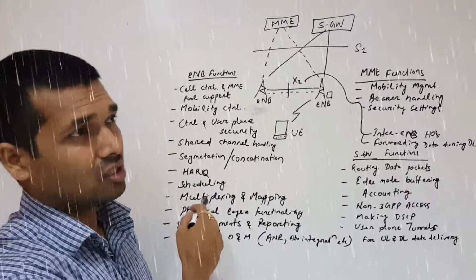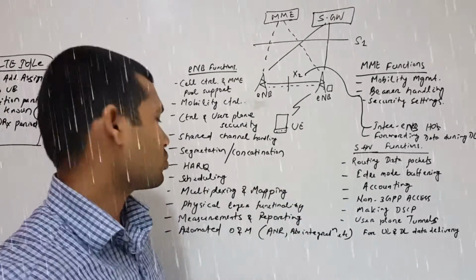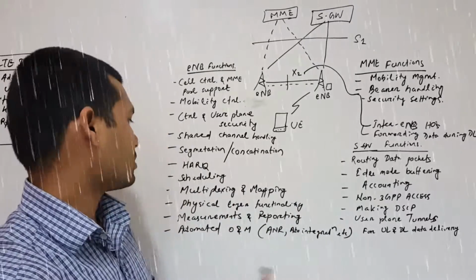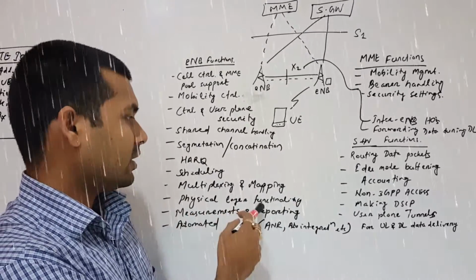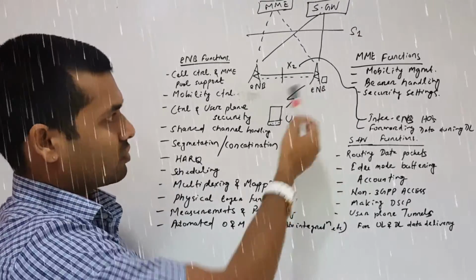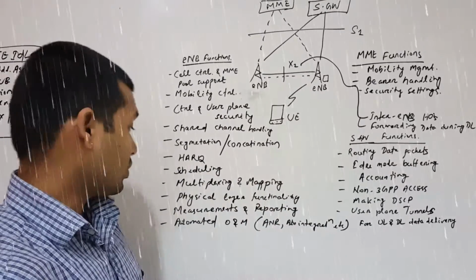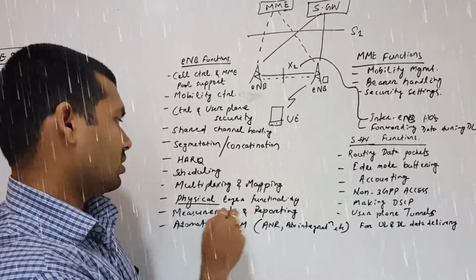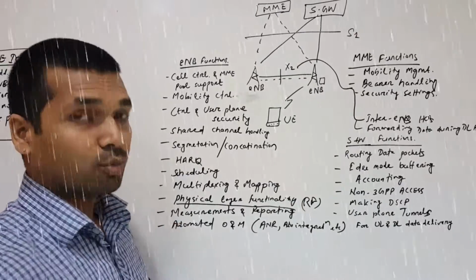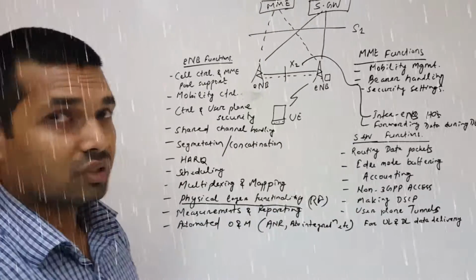Then scheduling: schedule the data in every TTI, and in the resource flow of how to schedule the data. Multiplexing and mapping of channels. Physical layer functionality, all the physical layer functionality from UE to eNodeB, is a function of the eNodeB. That is a very important function for the radio engineer, specifically for RF guys. And then measurement and reporting, like the measurement report and everything that is reported by the UE before the